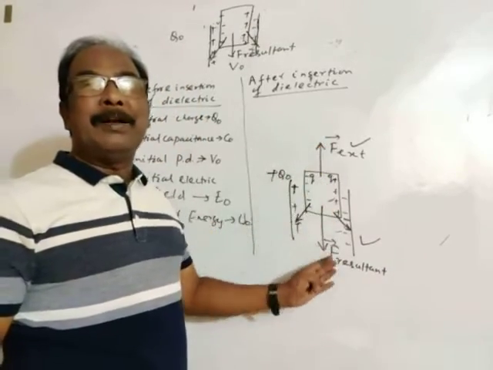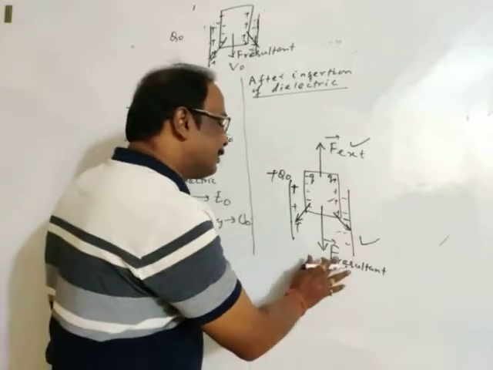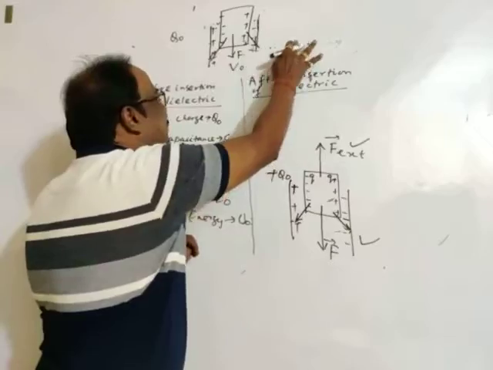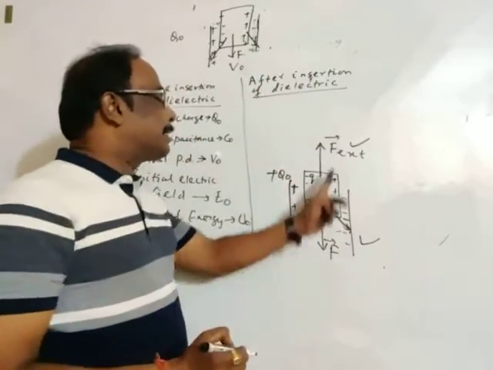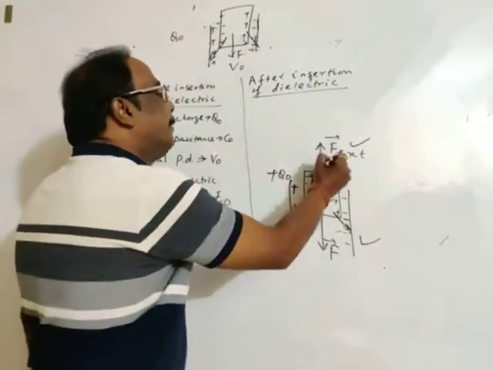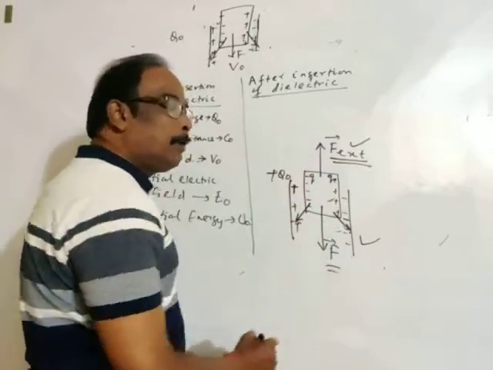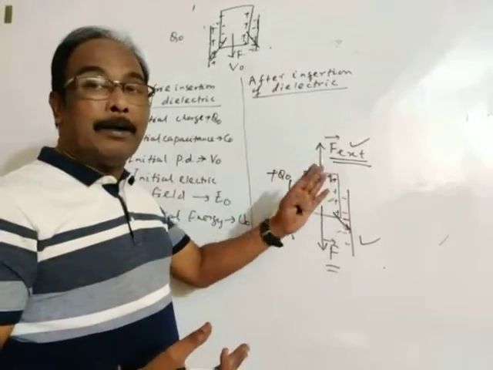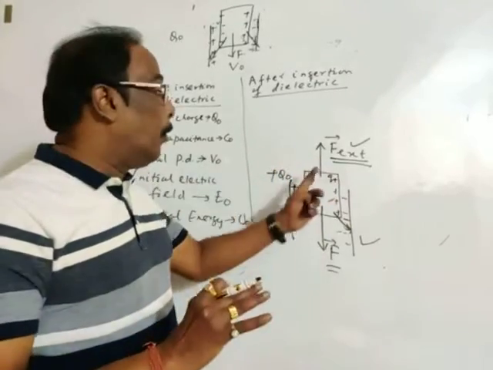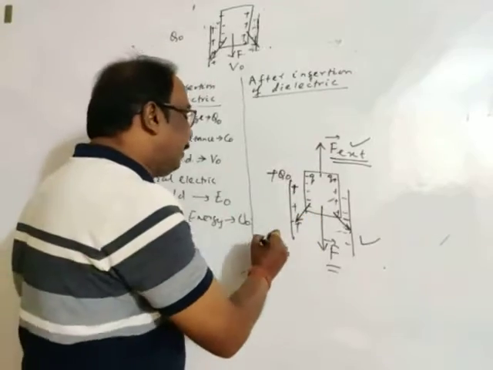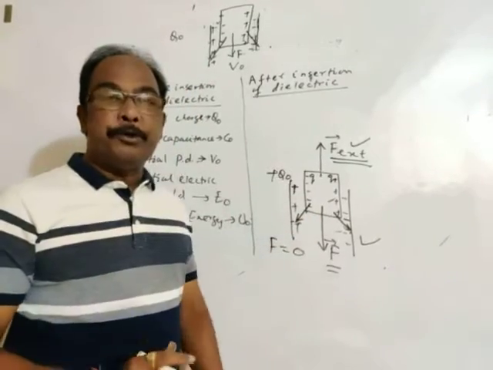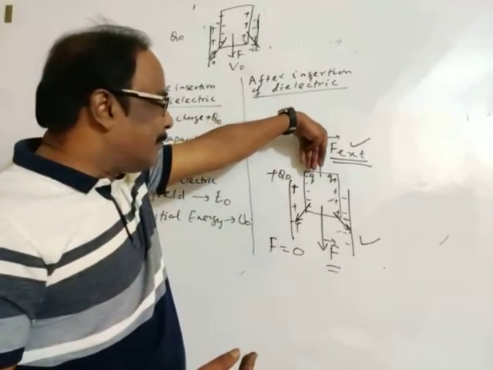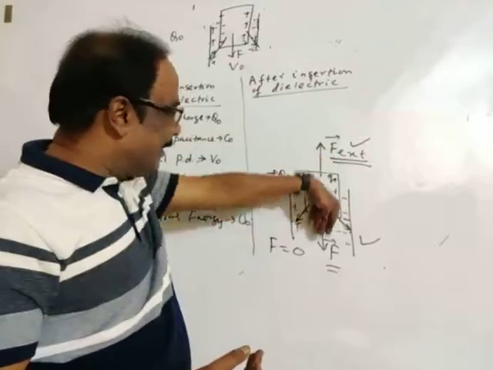So resultant force is net force. See, this is the resultant force due to the charges. But when an external force is applied, then the magnitude of this force is equal to the magnitude of this force. So the resultant force on the dielectric, now, after applying the external force, will be zero. This satisfies the condition of linear equilibrium. So the dielectric slab will move slowly through the plates.